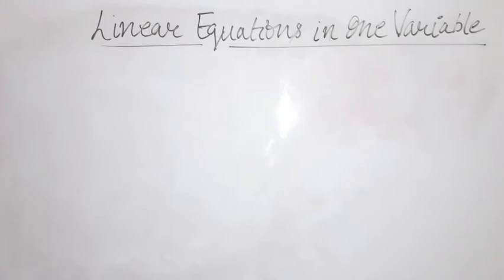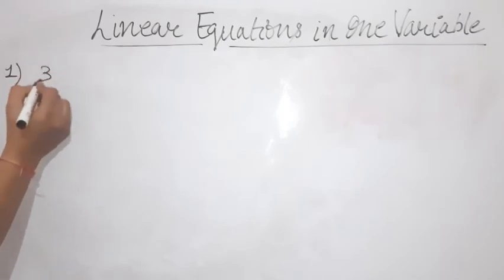Now how will you check the result? To check the result we just have to place the value of x in the equation, and if LHS is equal to RHS, then the equation is verified. That means the value which we have found for x is correct. So this is how we have to check the linear equations. I am checking one equation for you.